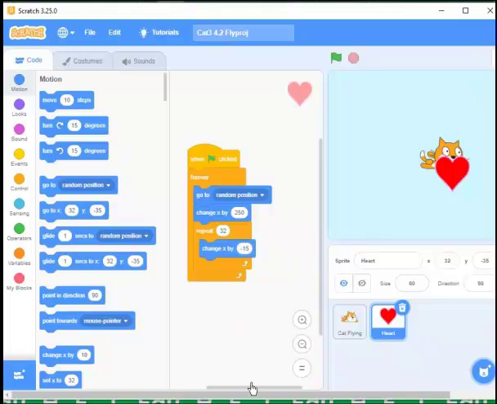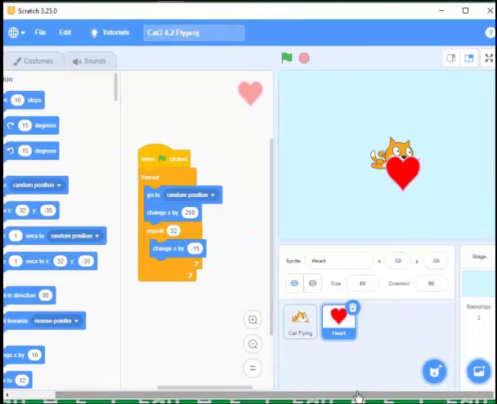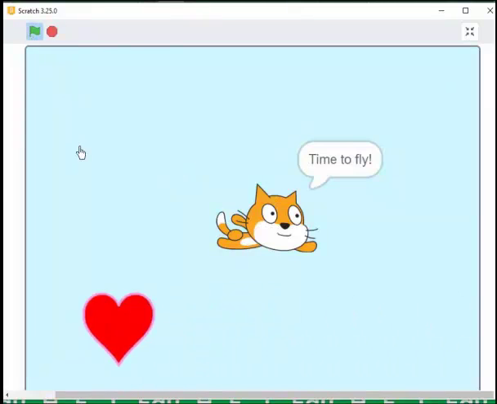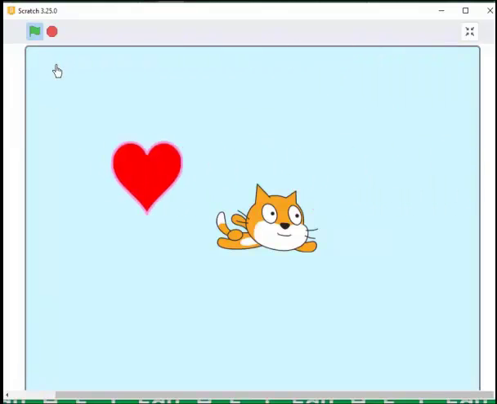Let us test our script. One of the good things about Scratch is that as you are doing it, you can always test to see if you have made any mistake. Full screen control. Now, let us left click. Let us click on the green button. We can see